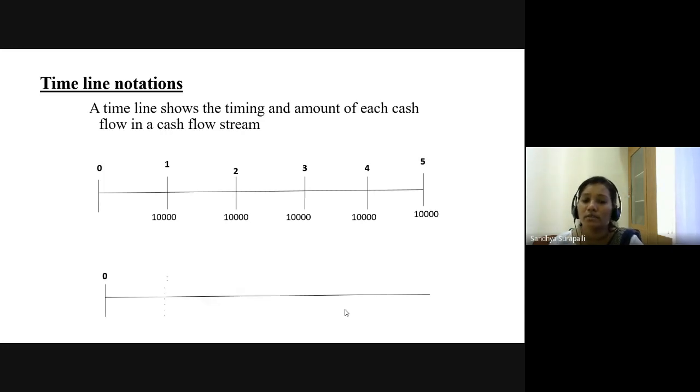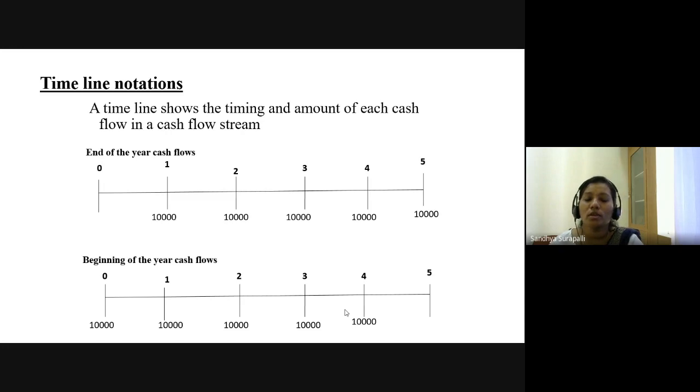But if you are receiving the cash flows at the beginning of the year, beginning of the year means from today we are counting, suppose. So today you have received one cash flow. Next year beginning you receive another cash flow. After 2 years again you receive another cash flow. Like that, in the beginning of the year you are receiving cash flows. So the last cash flow will be at the beginning of fourth year. Okay. This is known as annuity due. If the cash flows are at the beginning of the year, they are known as annuity due.